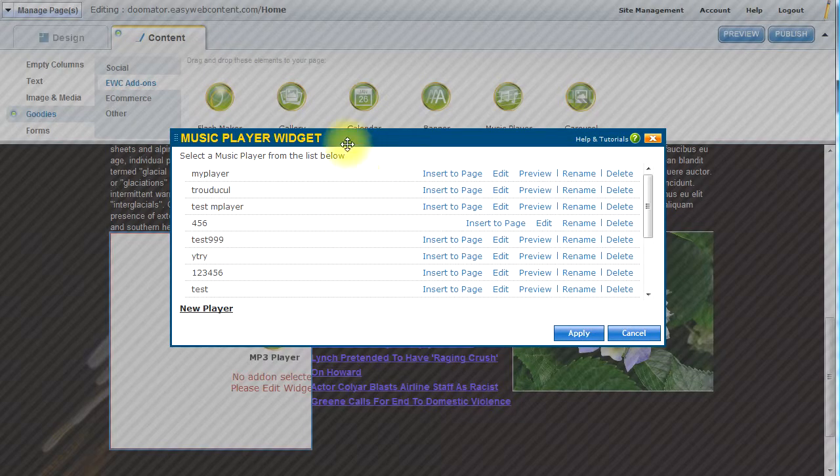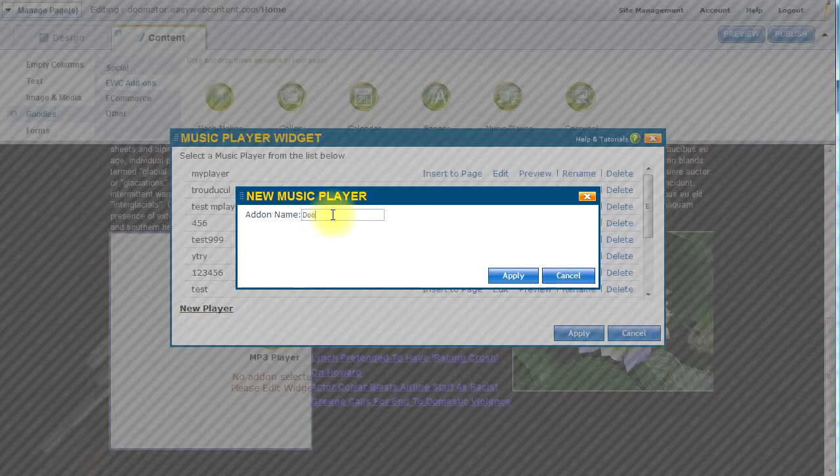And once I've dropped it there, the pop-up will load up for the music player widget. And this is where I can go ahead and create a new player, or if I have existing music player add-ons, I can go ahead and use one of those and insert them to my page. In this case, what I would like to do is go ahead and create a new music player. So although I have a series of music players on my list that I've created before, I would like to create a new one. So I would click on the new player, name my player,